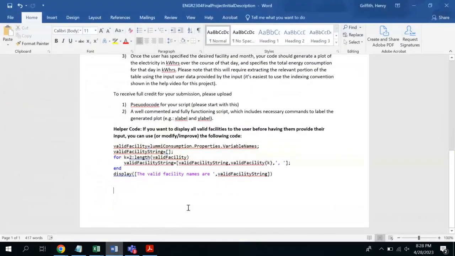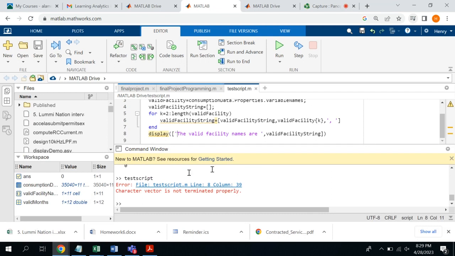Now that I've caught that bug, let me show you what is actually going on. I'm not sure how that got cut off in the copy and paste, but that happens sometimes. Sorry to let you all watch an error in real time. This happens a lot when you copy and paste text from a more sophisticated application like Microsoft Word to a more basic application like the MATLAB text editor. Oftentimes metadata will modify what you're copying. Basically, this is the literal string the valid facility names are,